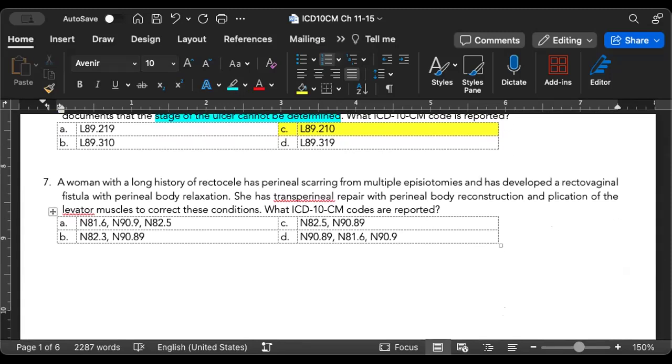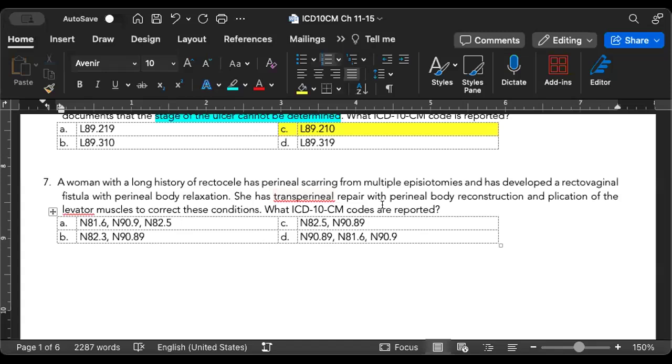Number 7, we have a woman with a long history of rectocele, who has perineal scarring from multiple episiotomies, and she has developed a rectovaginal fistula with perineal body relaxation. She has a transperineal repair with perineal body reconstruction and plication of the levator muscles in order to correct those conditions. So our first condition that we're going to code,